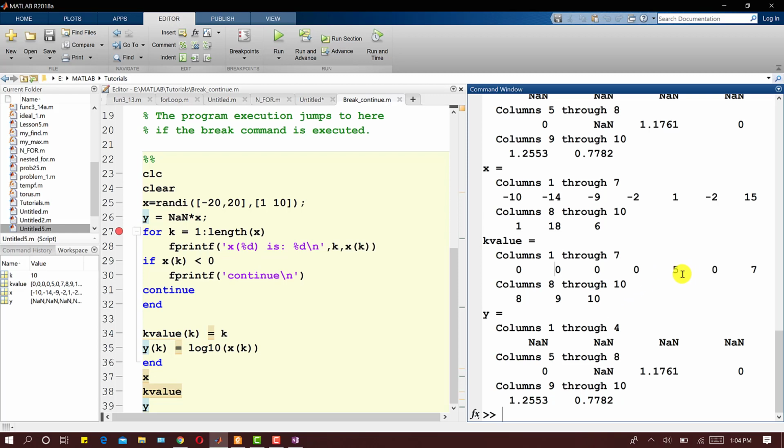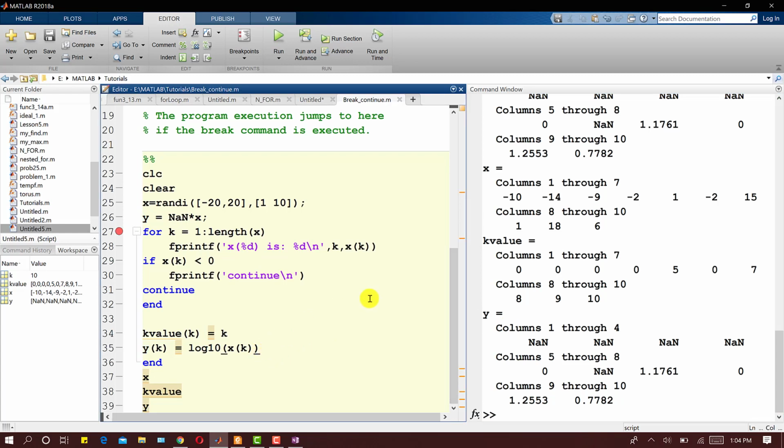So the 5th, 7th, 8th, 9th and 10th elements of x were positive, right? So these values were stored and these statements were executed. This statement was executed when the k value was 5, 7, 8, 9 and 10, right? And this statement is also executed for these values 5, 7, 8, 9 and 10: the log to the base 10 of 1, of 15, of 1, of 6, and of 18. Similarly we see here that wherever there are 0 values in k value, that was skipped,